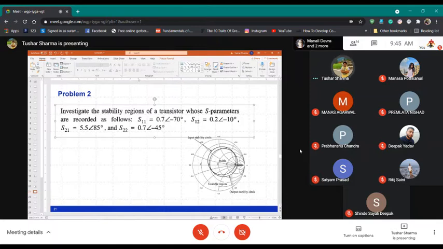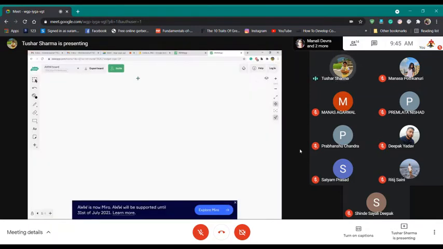So first step will be to calculate K. And this K factor is also there in ADS. There's a mu factor as well. You can use any of those tokens in S parameter simulation. Deepak and a few folks don't have a license, so I will wait for the next class probably, or see if we can do something today.